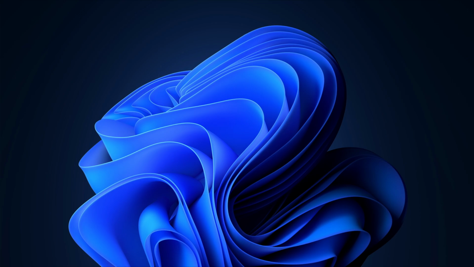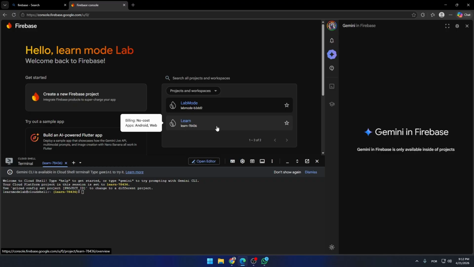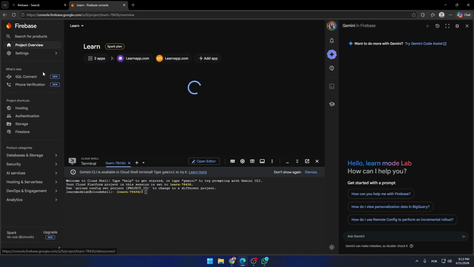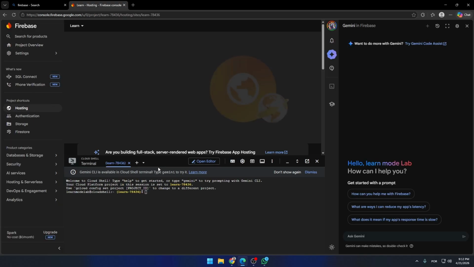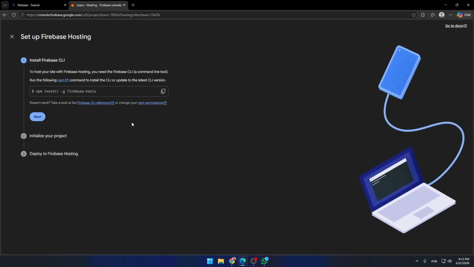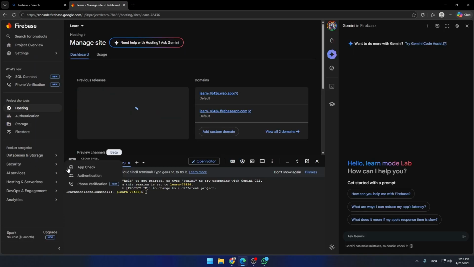In this video, you'll learn how to deploy your app on Firebase in just a few minutes, with fast performance, free SSL, and global hosting included. First, go to firebase.google.com and sign in with your Google account. Click Add Project, give it a name, and follow the quick setup wizard to create your Firebase project in under